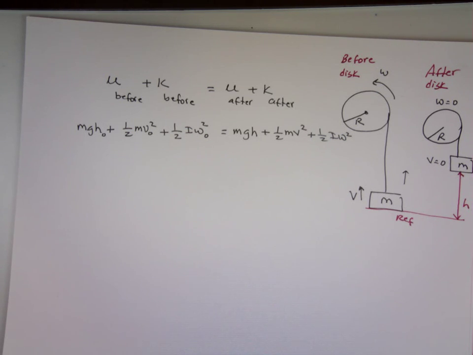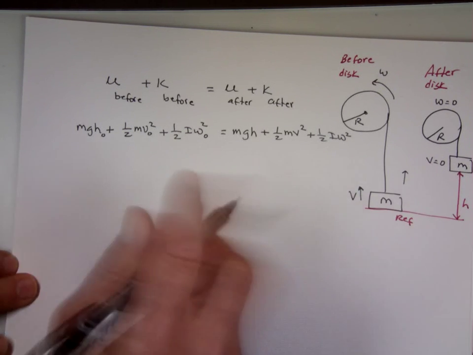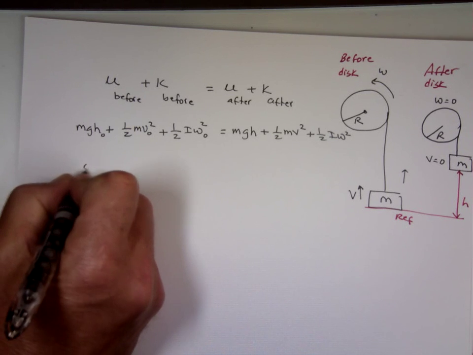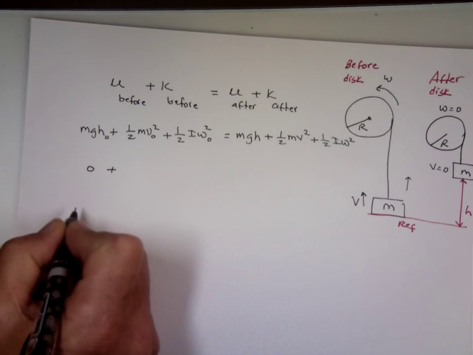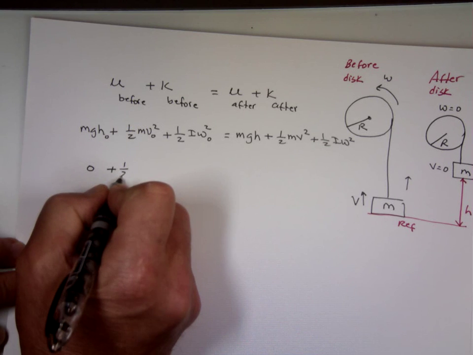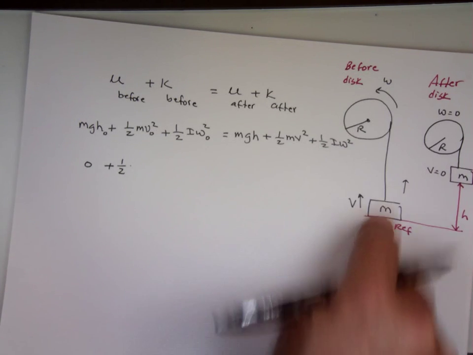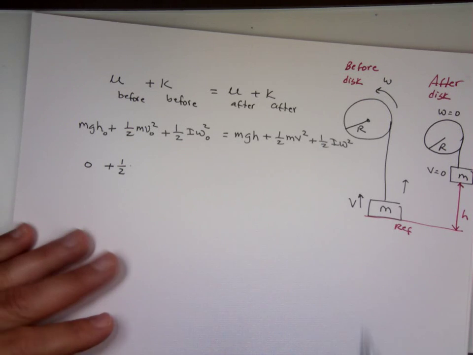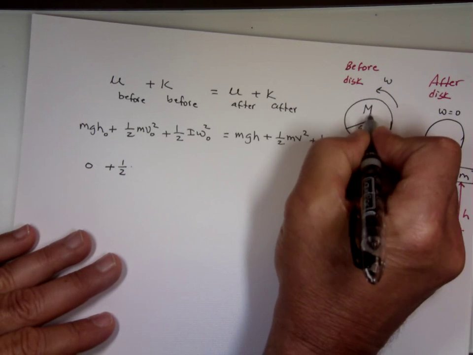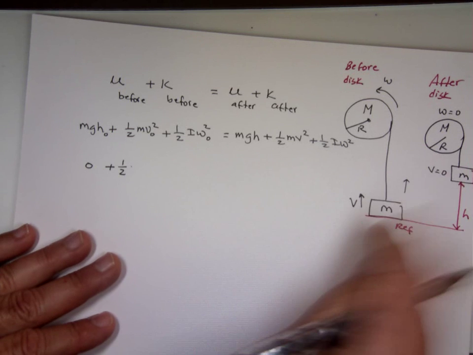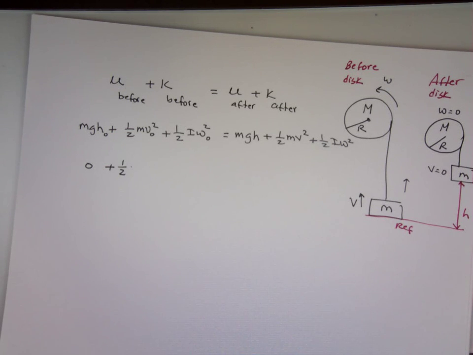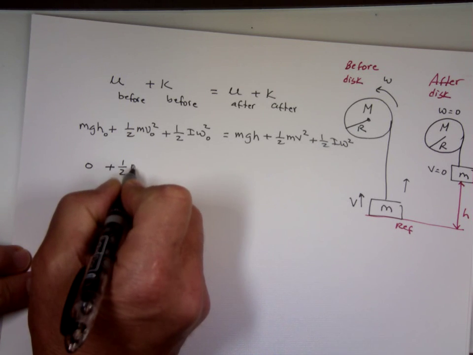I mean, Josh. So let's look at the initial one. If I use this as reference, the height is 0. So that potential energy is 0. 1/2. When I say mass, there are different masses. The mass of this and the mass of the pulley. Let's differentiate between them. Let's use capital M for the mass of the pulley there. And the mass down here is little m. So it's 1/2 m times the initial velocity squared